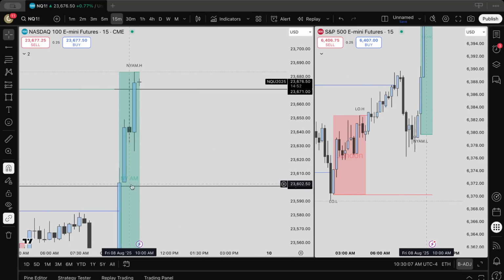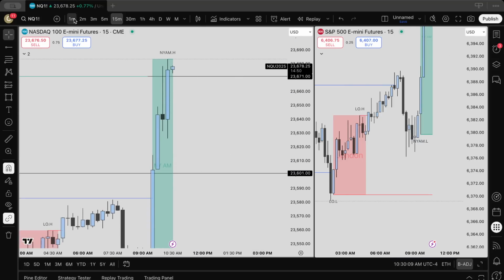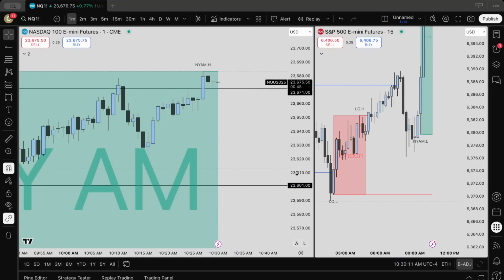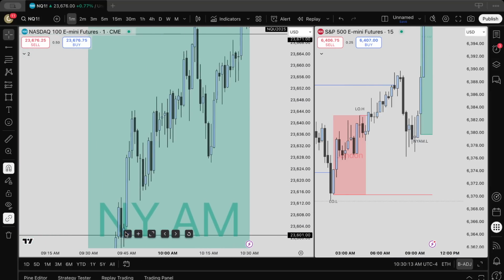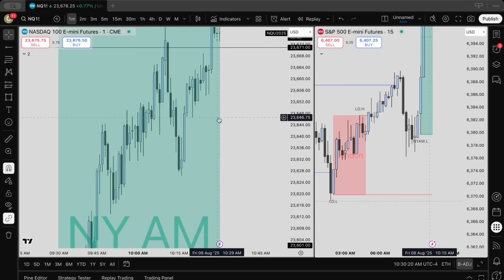But price just kept running. And so what did I do? Well, I waited for a retracement into a 1 minute fair value gap, which was right